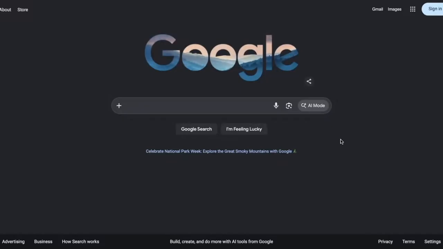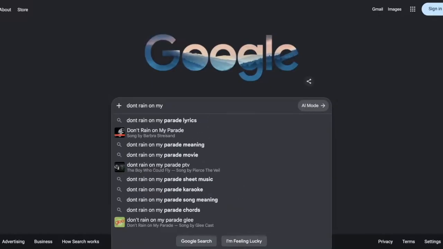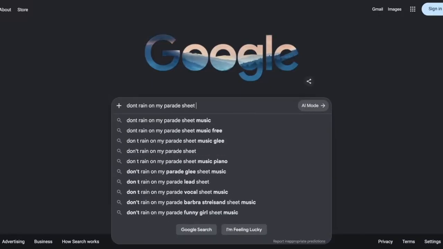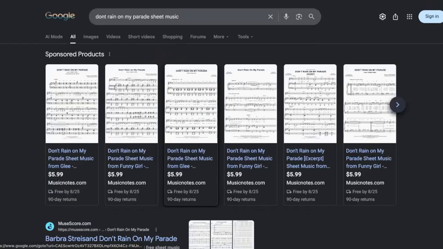So the first step is using the correct search terms. I would start by just looking up Don't Rain on My Parade sheet music. This is a great place to start, just the title of the song and then the word sheet music. Now, a lot of stuff came up when I looked that up. This is a really popular song. There's going to be a ton of different copies, but just in case your song is a little bit more